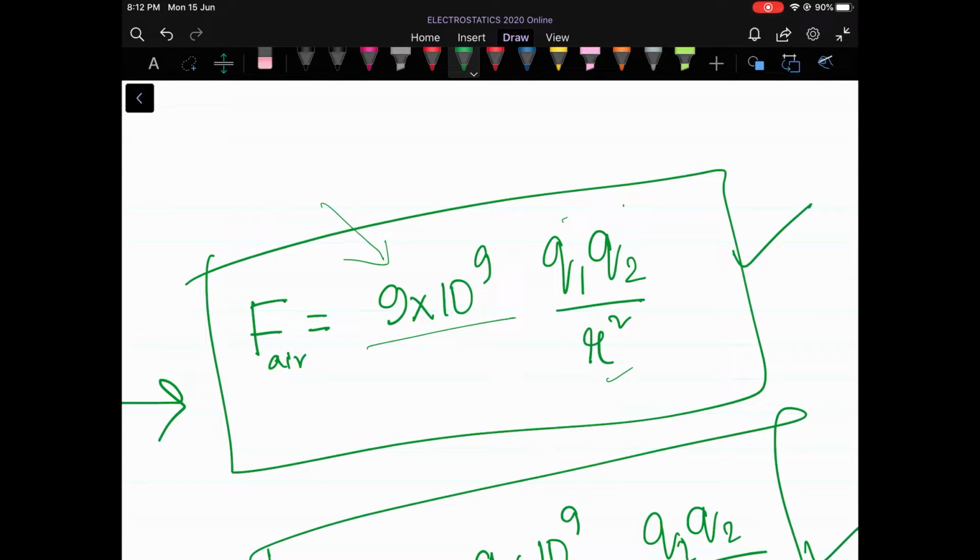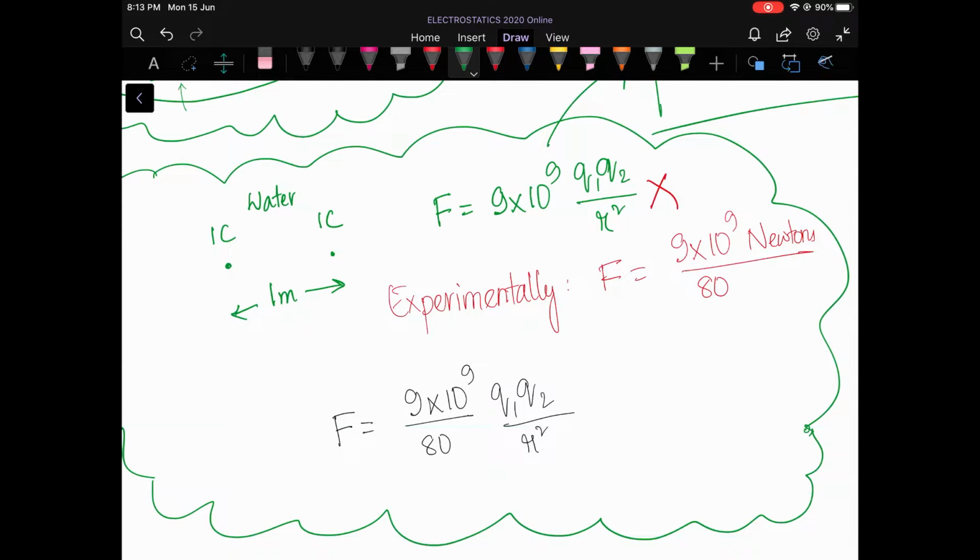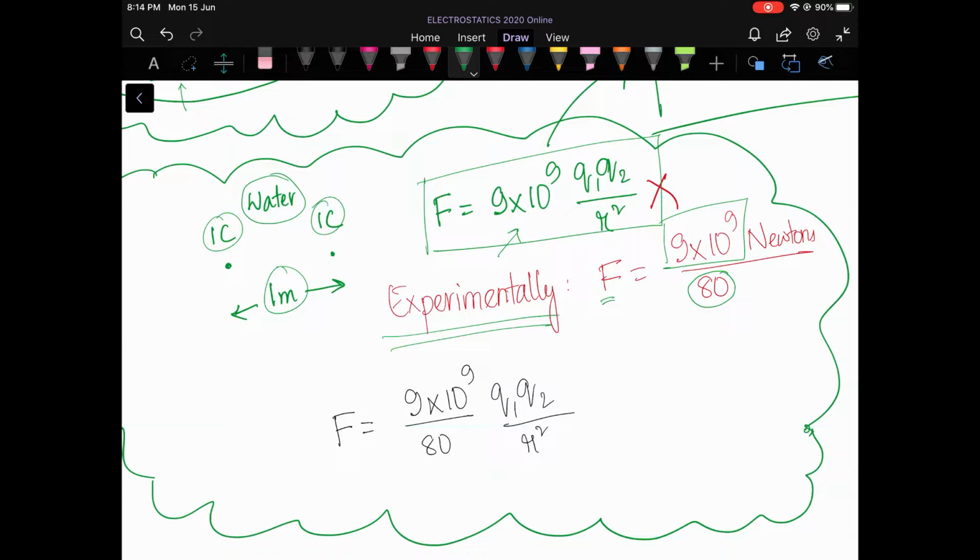The constant that we are using should have a value of 9 into 10 to the power 9, times Q1 Q2 by R square. Now suppose we take the two charges again, 1 Coulomb separated by 1 meter, but this time the medium is water. It is found that we again cannot use the formula that we have for air, because experimentally it is found that the force between the two charges when kept in water is not the same as the force when they are kept in air. This force in water is found to be 80 times less than the force that we obtain in air. Hence, the formula that we need when the medium is changed to water must look like this,